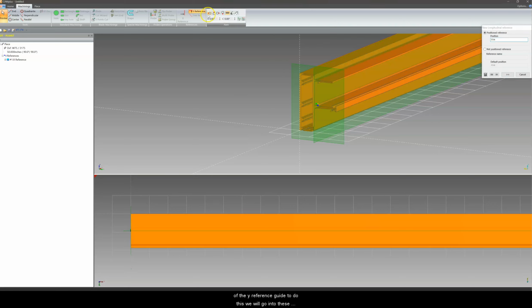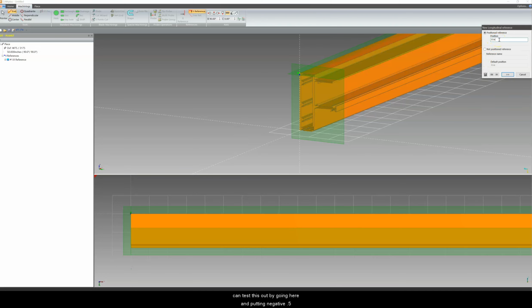To do this, we will go into these options here. If we first select this option, we can see that this is what we want in terms of the orientation. So then we select our starting point, which will be this back corner. Now, as mentioned, the program reads from back of the part to the glass pocket, meaning that this number will be negative. So to make sure this is in the correct spot, we can test this out by going here